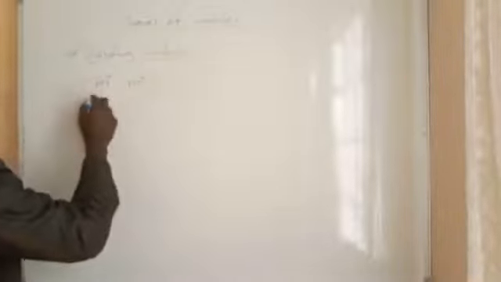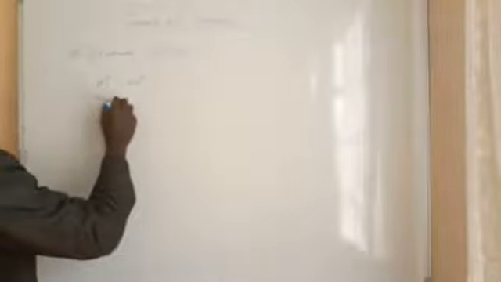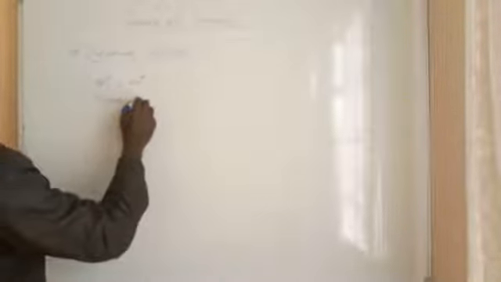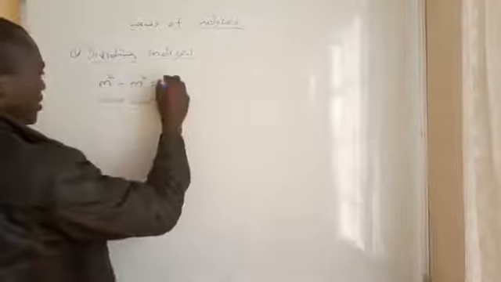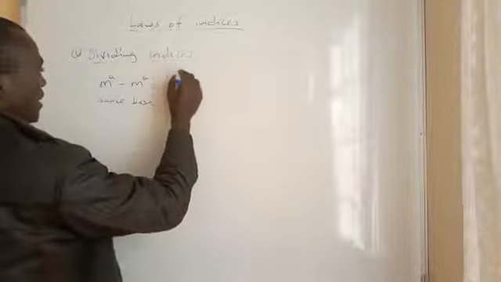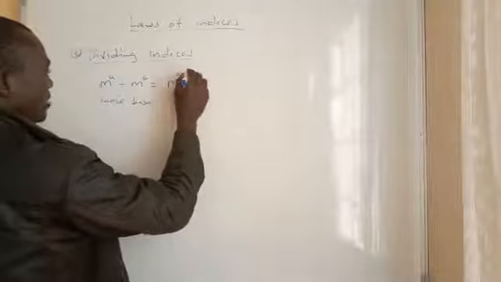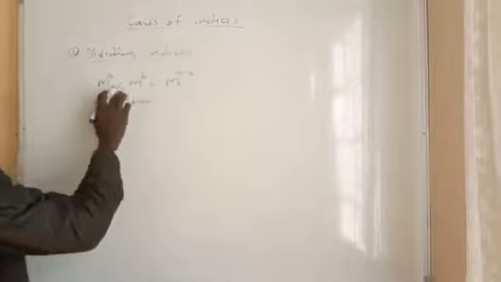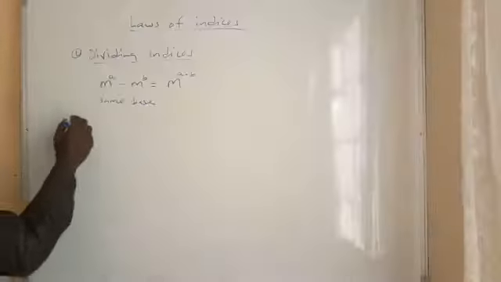The bases are the same. The laws only apply when the bases are the same. My base is m and m, so I will have m to power a minus b. Why minus? Because this is division. Let's look at an